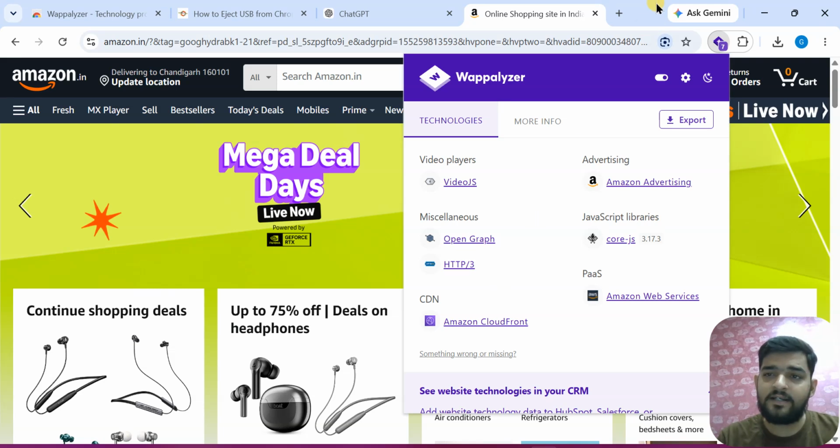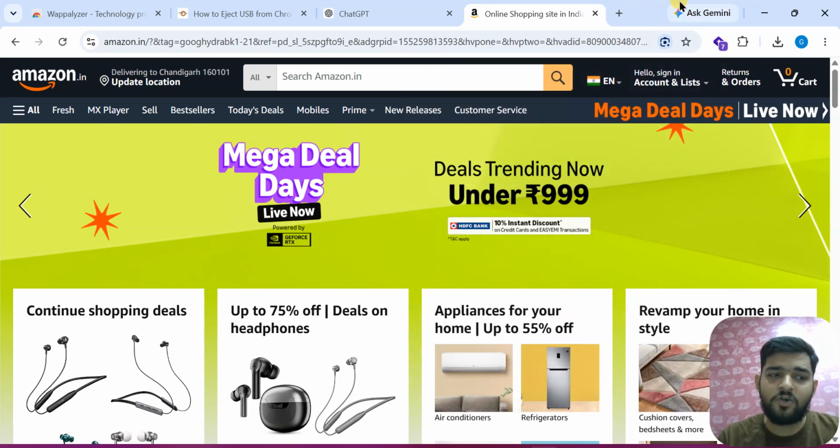And that's it. That's how you can use the Wappalyzer Chrome extension